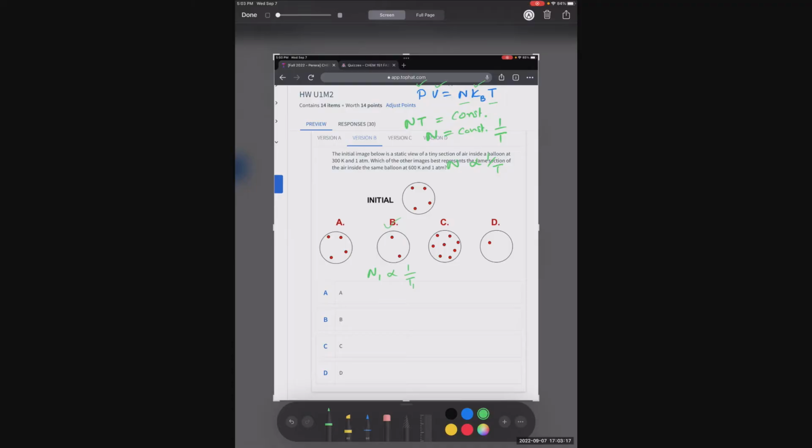Then we have N2, the second state after increasing the temperature, which is inversely proportional to the second temperature T2. Here's my 1, here's my 2. If you divide 2 by 1, you get N2 over N1, and that is equal to